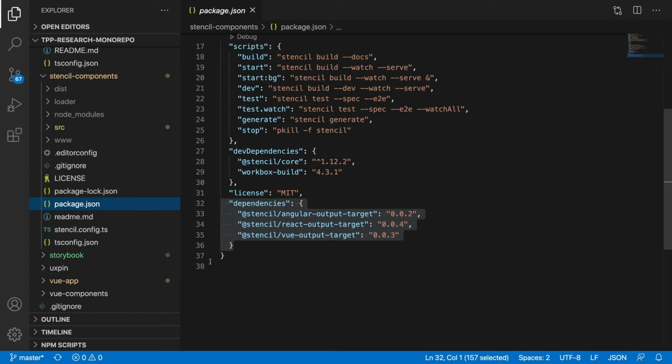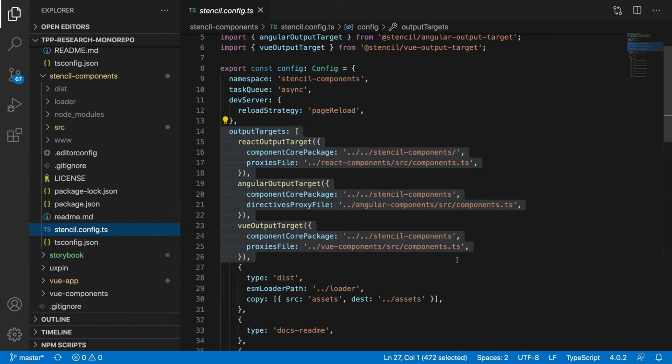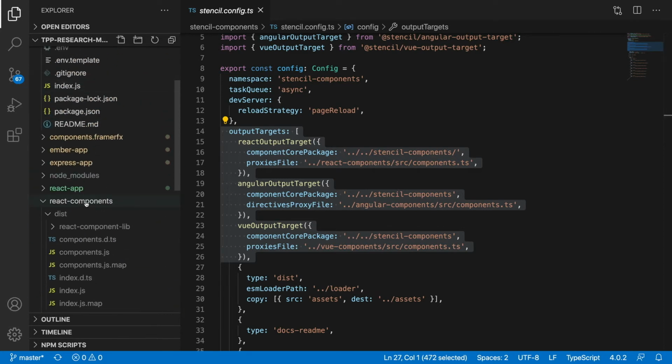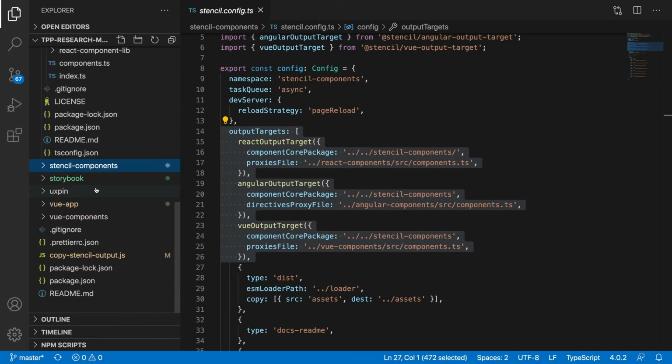So we declare those dependencies, and then in the configuration, we tell Stencil where it should put those components. So we actually create a series of directories for the React components, Angular components, Vue components, which you can see over here. We've got a directory for the React components and then the React app itself. Similar things going on for the Vue app and the Vue components, Angular, etc.